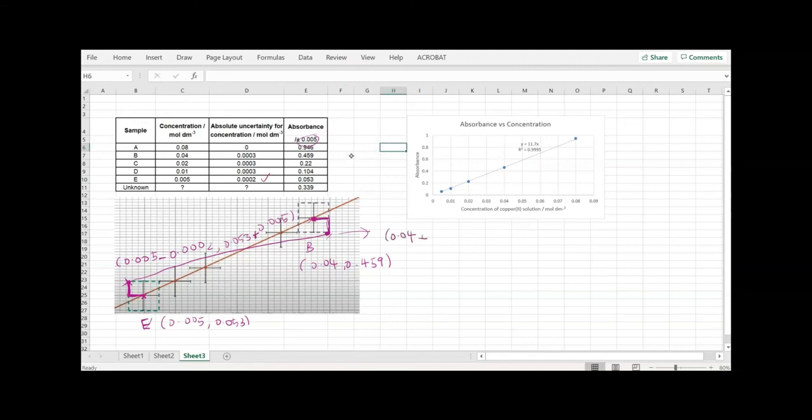0.04 added to the x uncertainty, which is 0.0003, and the y uncertainty, which is the absorbance value of 0.459, subtracting the y uncertainty of 0.005. So with that, I will get the coordinates for the minimum slope. So what I will do is, I'm just going to plot it for you to see. So for the minimum slope for the x and y coordinate, which is the concentration and the absorbance,